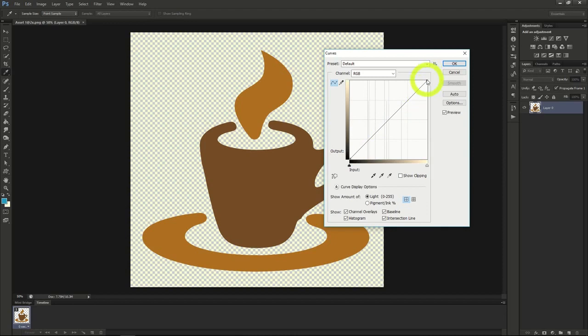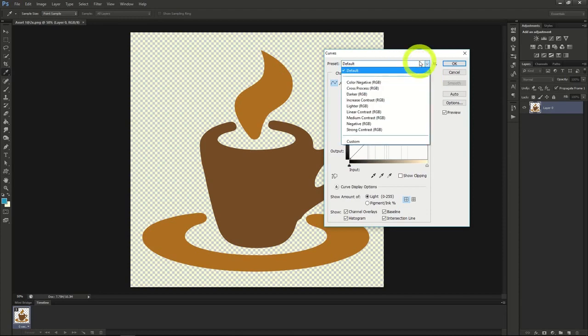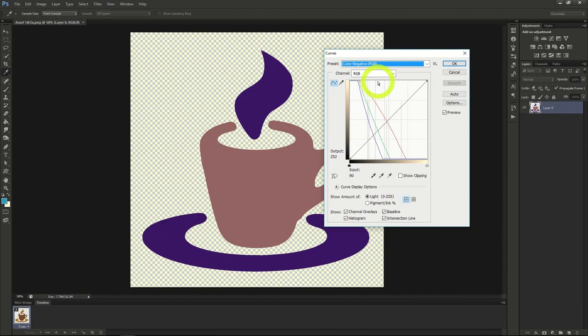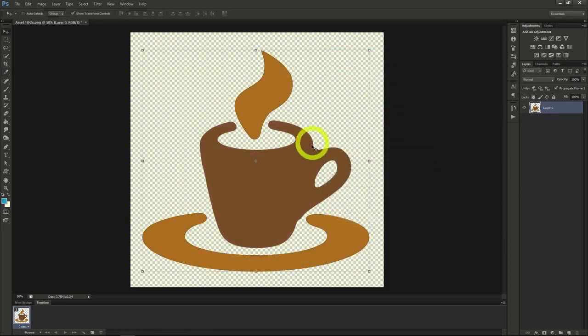If you want to apply a quick preset which will set the settings for you, you can click the drop-down and change from the default to other settings in the list. Setting the color preset to color negative changes some things here, which we'll explain. As you can see, the individual values on the chart have changed. The original black line is still the same, but each individual color has changed. This is a permanent way to change the values of the image, but if we wanted to make it something